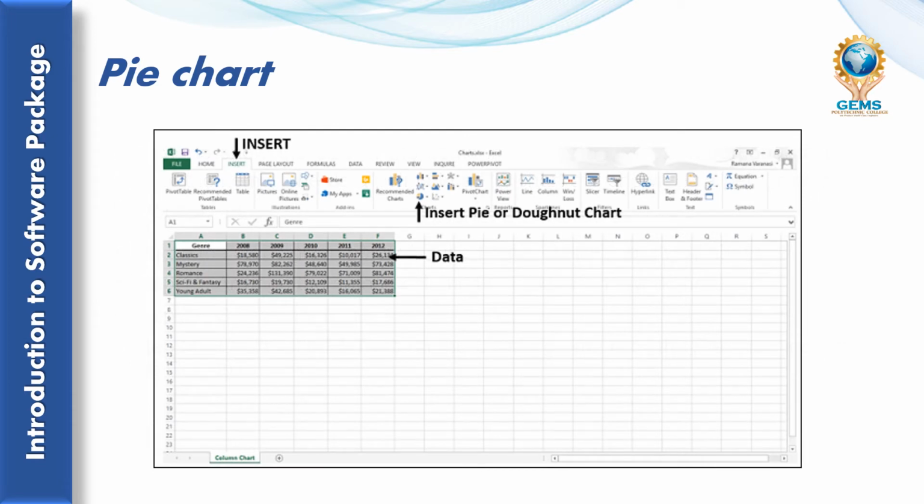This image shows how to insert the pie chart in your Microsoft Excel. You can go to the insert menu, after that select the pie chart from the chart group and select the data.